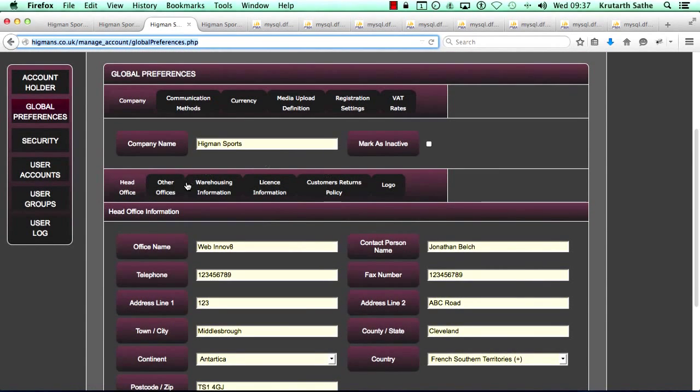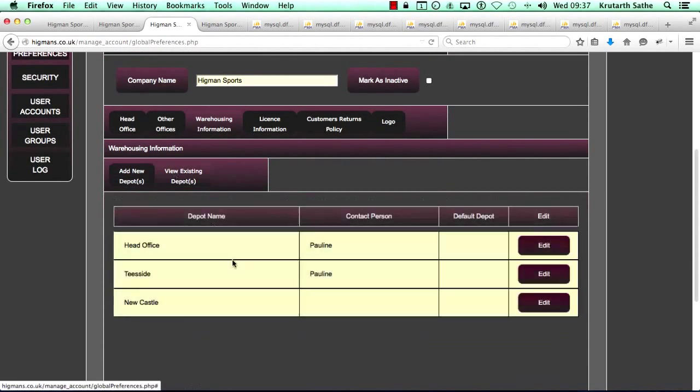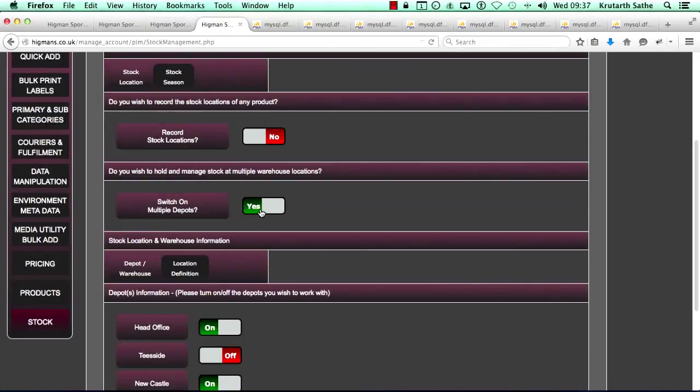Under that we have other office information, warehousing information. So whatever depots are entered here, there are three depots at the moment. While on the product management page, while entering a new individual size and color,